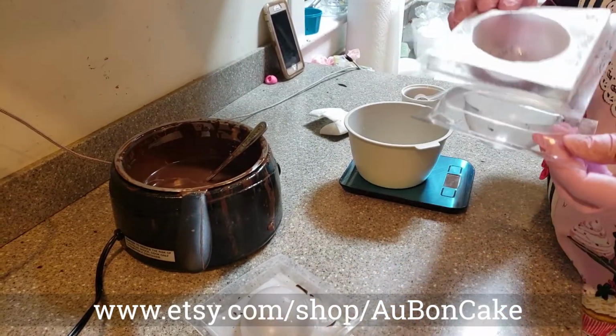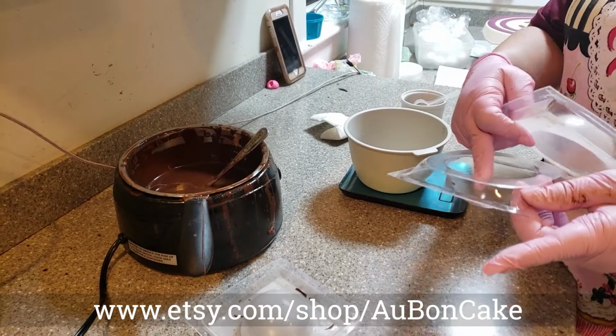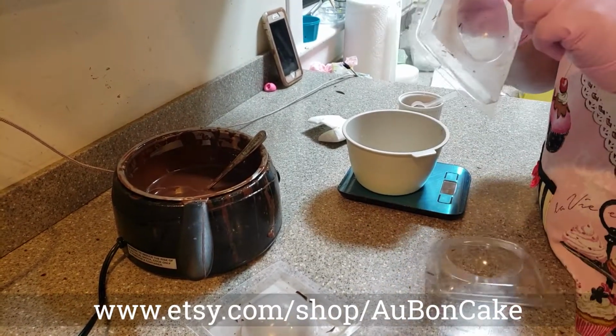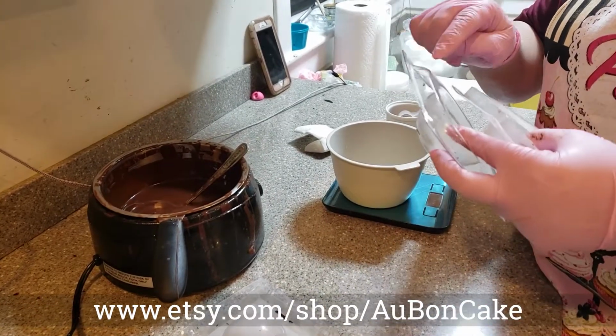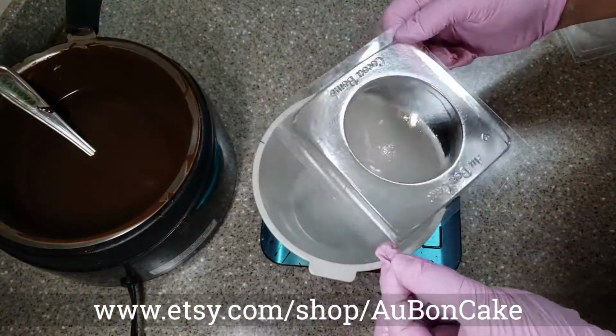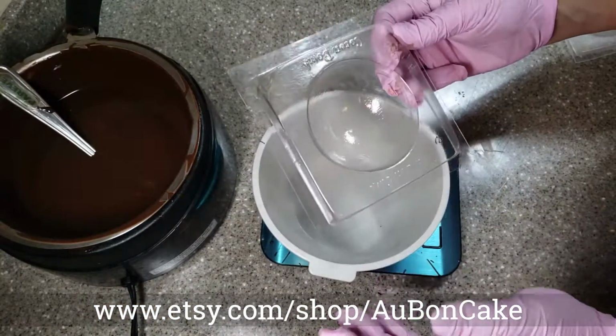So, the soft one fits in the hard one. And there are marks. You're going to look for the little heart on the soft one, look for the little heart on the hard one, and that's going to be your match. Now we have the mold set